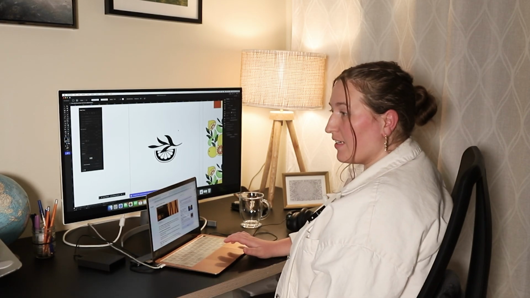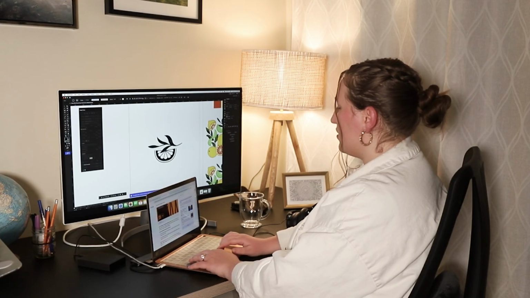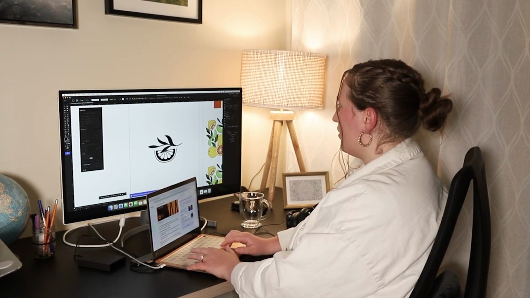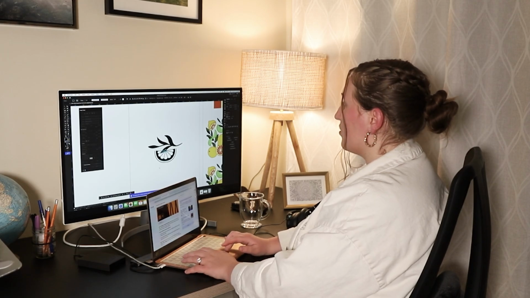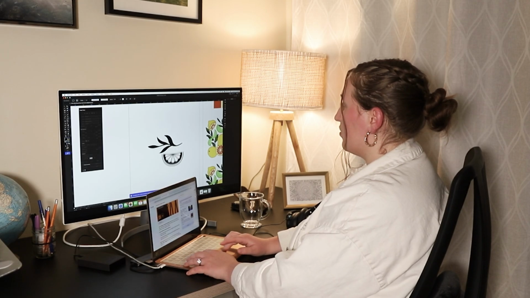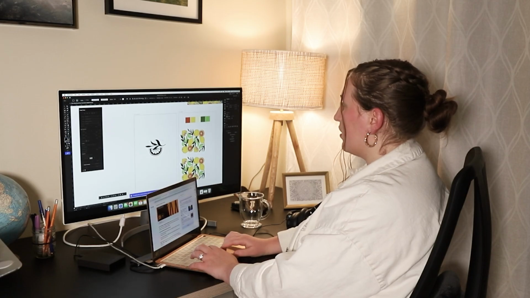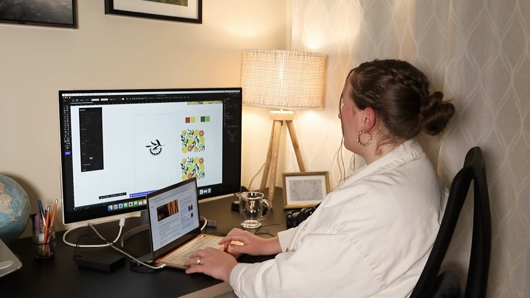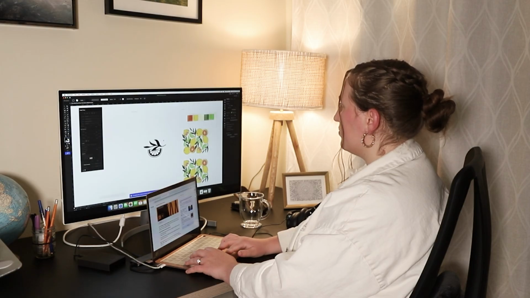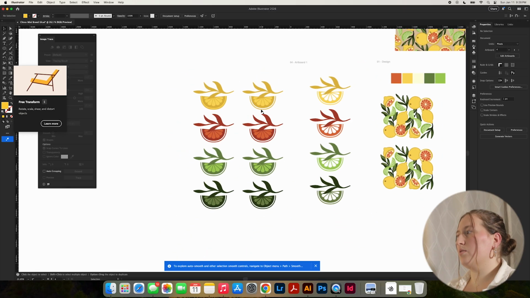So we have our design here, and I'm just going to change the colors. We put all the paths together, so this is one element here. You can move it around, and the other element is the lemon. I'm going to group them together so that if it gets moved, they stay together. We will take it from here where we will add some color. Okay, so this is the logo design